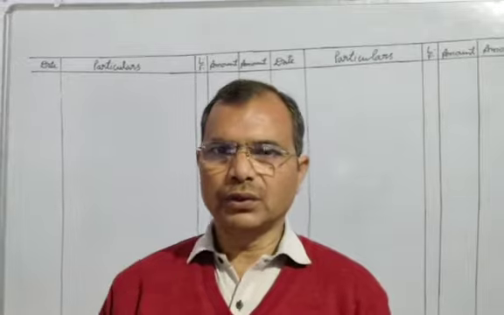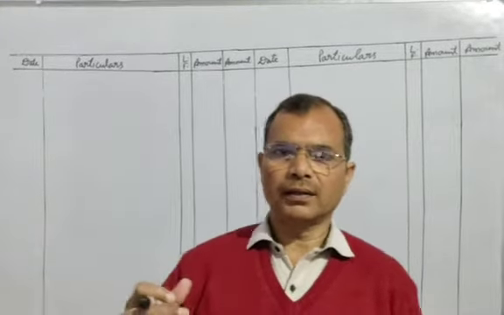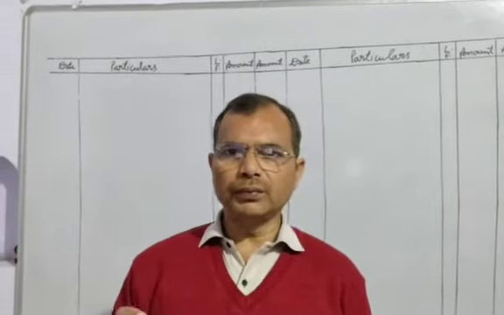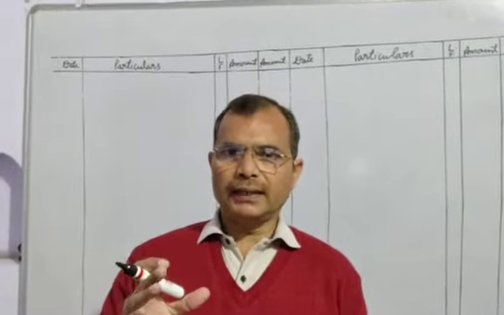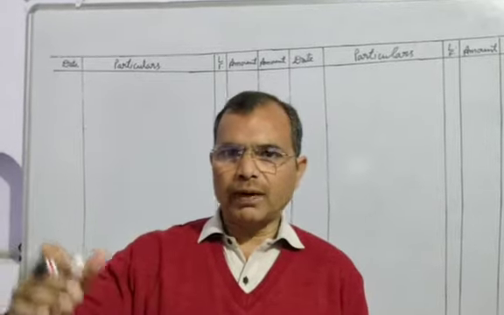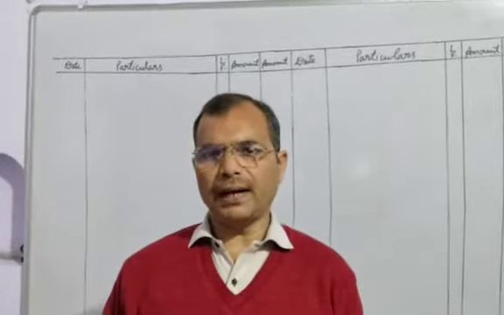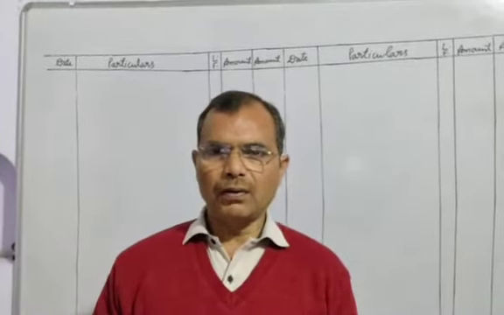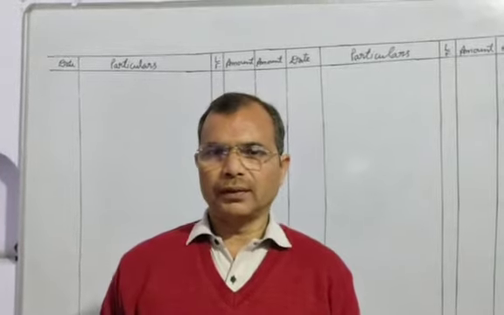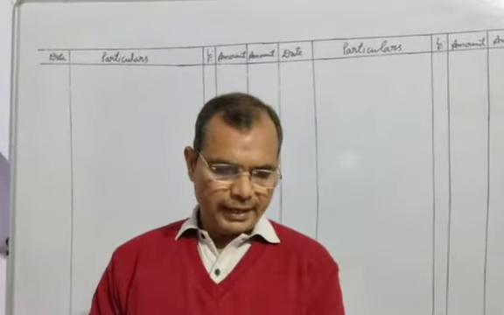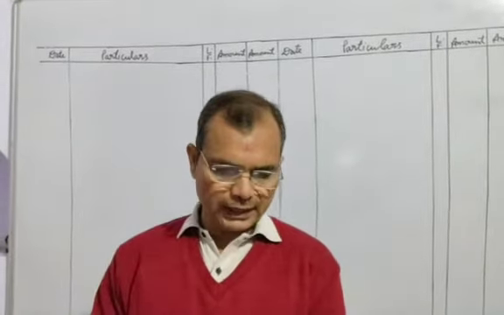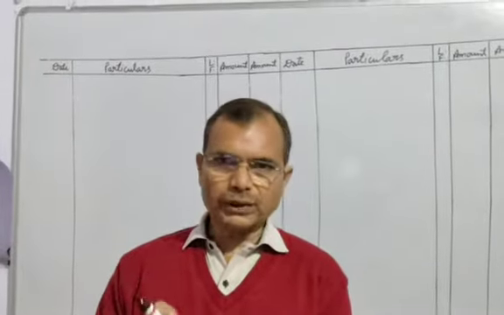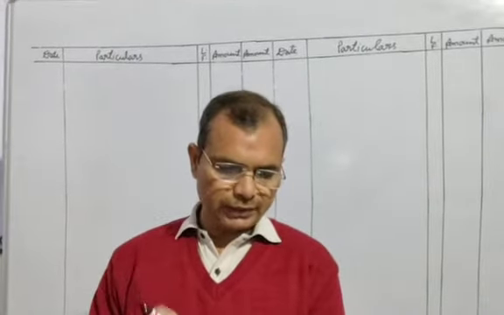In this chapter, we have learned many things. Today, we are going to take an entirely different type of question. In this question, you will see that more than one bill was accepted and more than one bill was written. Now, I am going to take a question. Please pay attention. Here, there are two parties. The names of the parties are A and B. Suppose I am trying to make you understand the question.